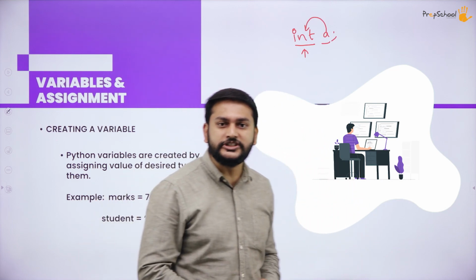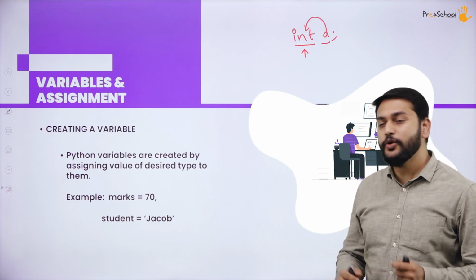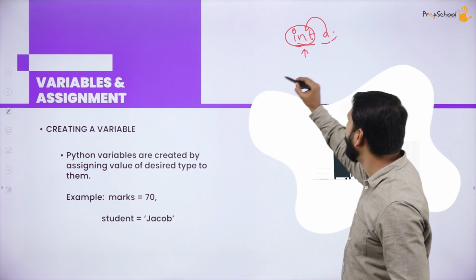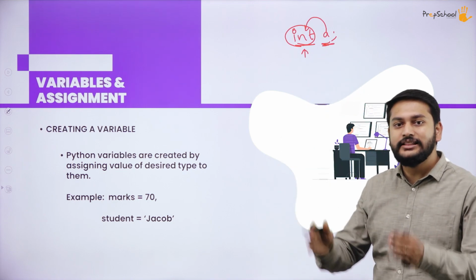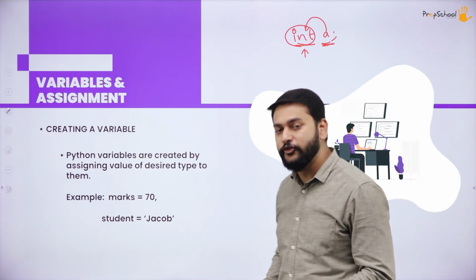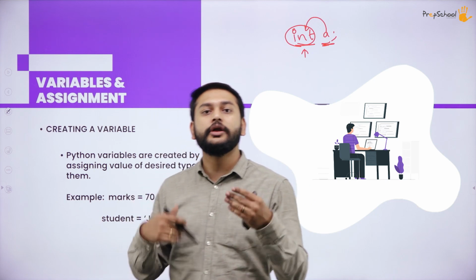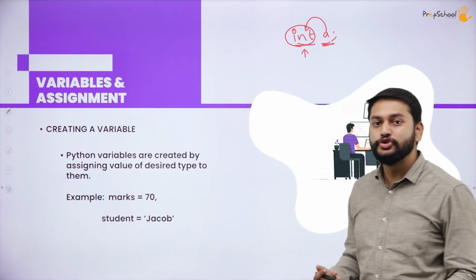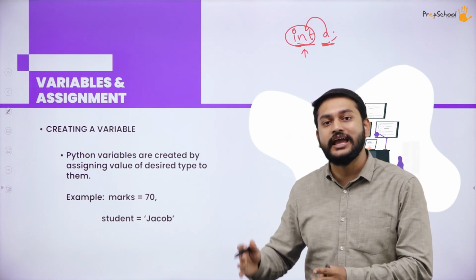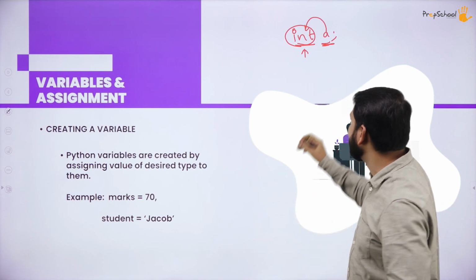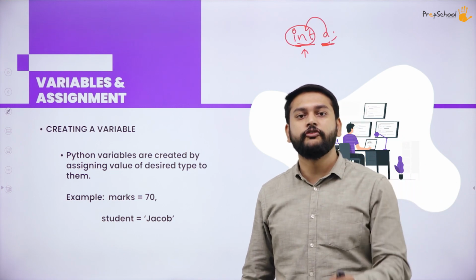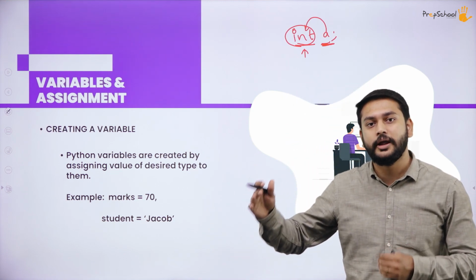Why do we need to specify the data type, sir? Please understand, the data type tells how much memory I should allocate for a. If I consider int, I will be allocating 4 bytes. If I take float, how much will I allocate? You have to tell me. Like this, I will have different data types, and each data type has its own size and its own capacity. Based on that, the memory is allocated for the variable. This is the traditional way of creating variables in all other programming languages.